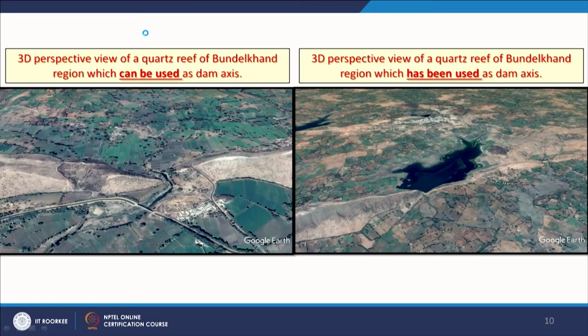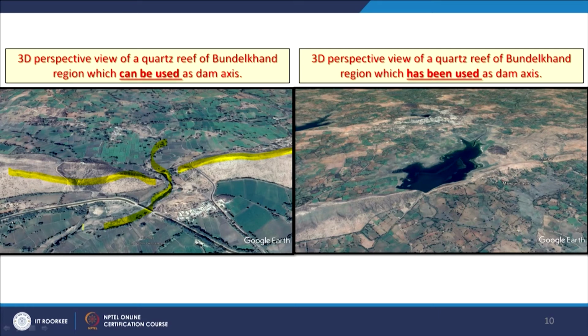Another example: if I am interested from a groundwater recharge point of view, then I would use this data a little differently, because let me give you some interpretation about these images. Though it is a 3D perspective view, what you are seeing is the quartz reef, and these are made of basically a mineral which is known as quartz. Now here is where one river stream is going like this.